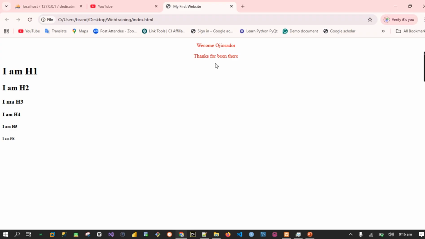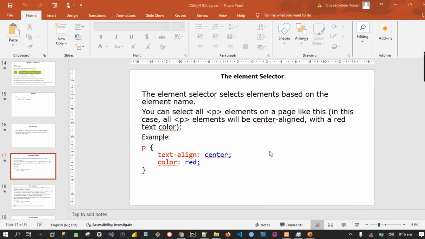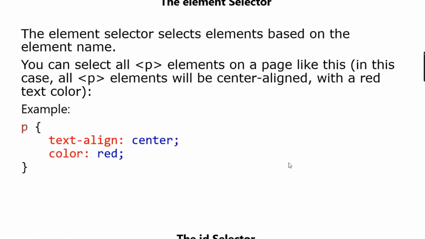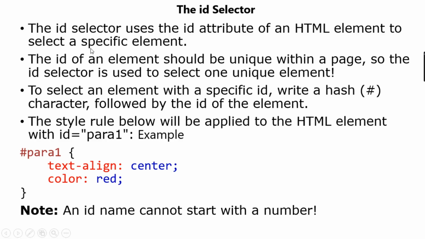So how can we solve this problem? Because we may have more than 20 or 1,000 p tags serving different purposes or different views. Are we supposed to give all of them red, and are we supposed to center them or align all the text at the center? That is the question. So to do this, we have to use different CSS selectors, like we have ID, we have class. All right. The ID selector